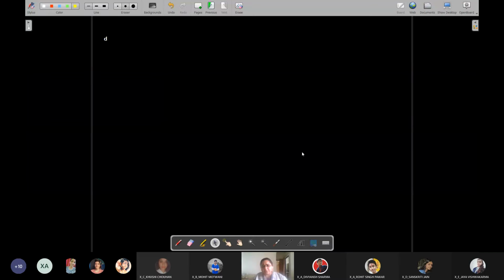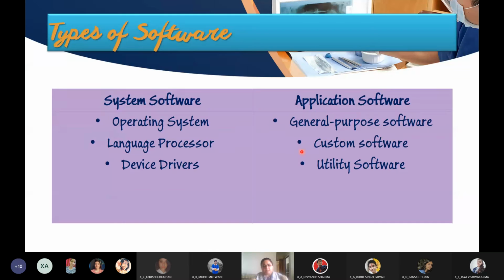Whereas general purpose software is created for n number of people. The company creates the software with most of the options and releases it, and many people use the software. Got it? But you will not get custom software anywhere in the market. Like the software which has been created for ICICI Bank. That software will not be available online because ICICI Bank paid a software firm for that software, right?